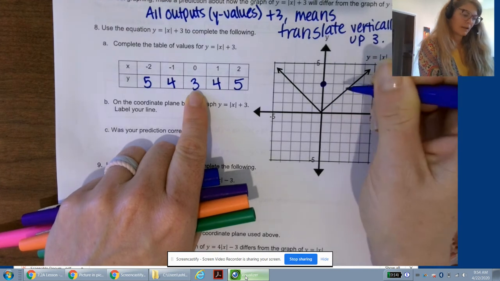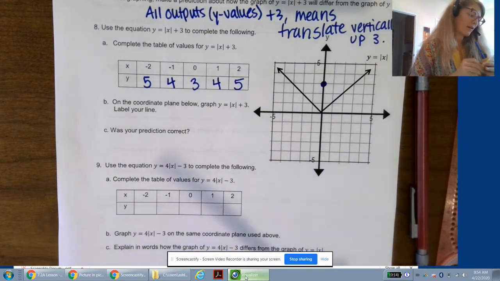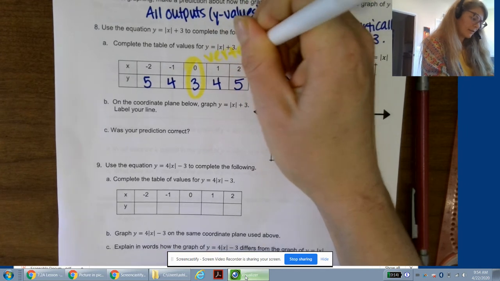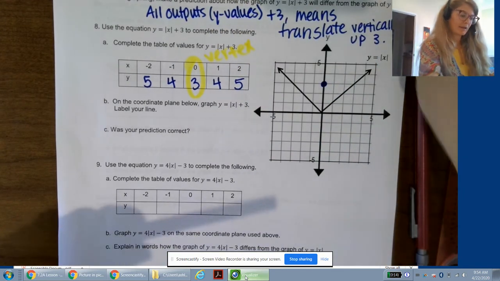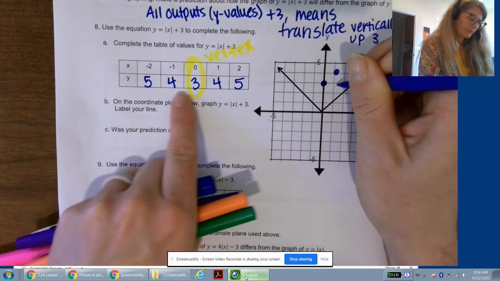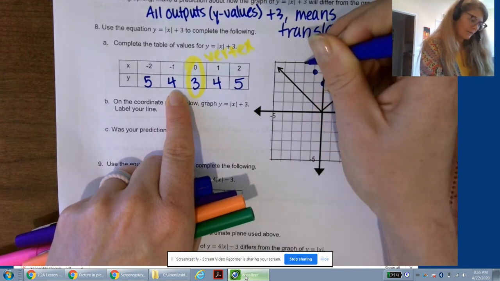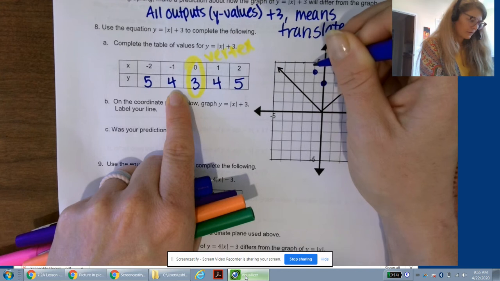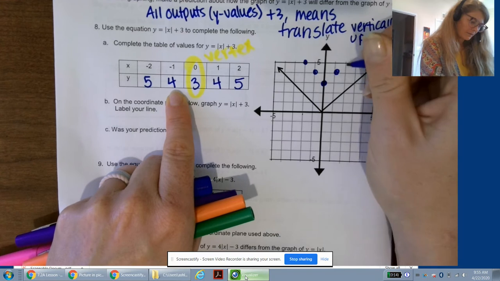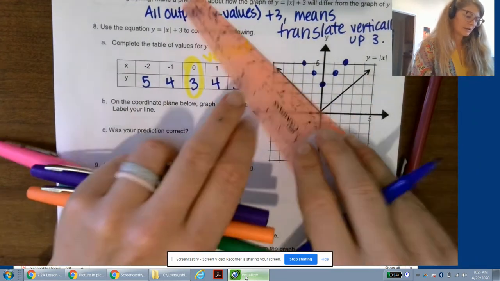Sometimes I like going for my vertex, because from there I can really see that symmetry and make sure that I'm graphing correctly. So sometimes I really like to find where that vertex is in my table to feel more confident when I'm graphing. 1, 4, -1, 4, -2, 5. Okay, so taking a look here,